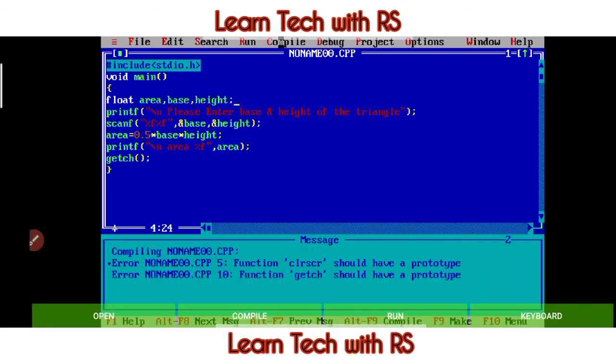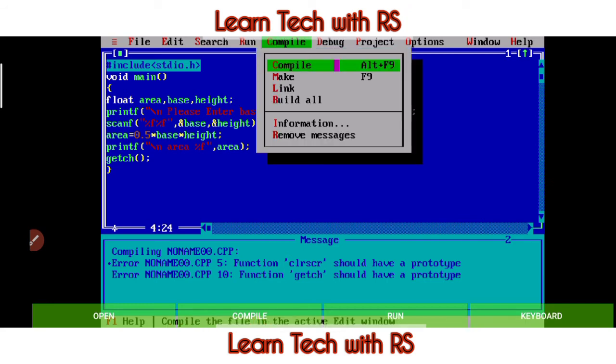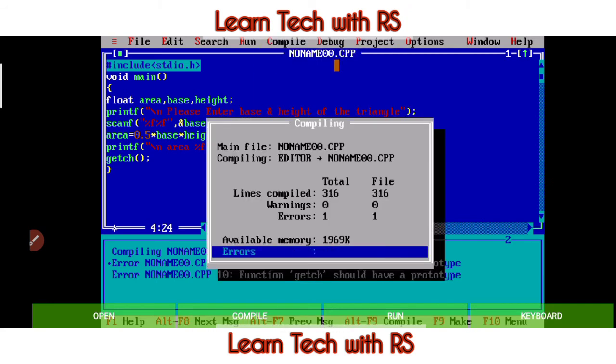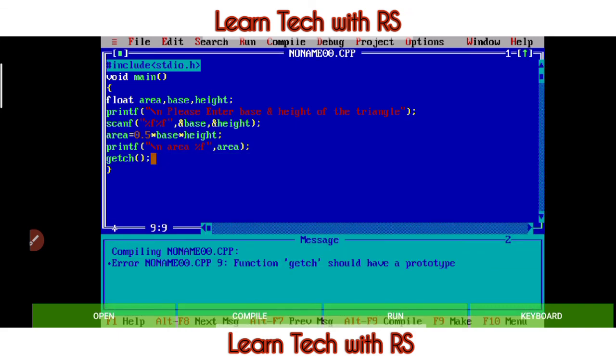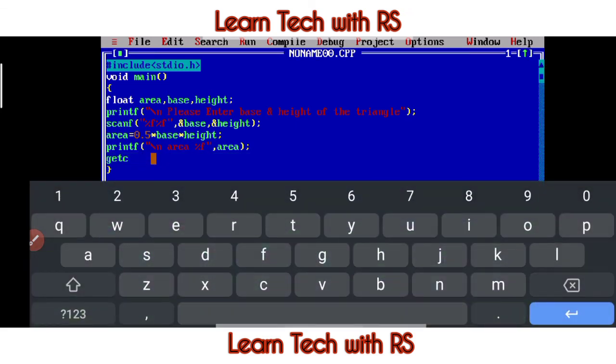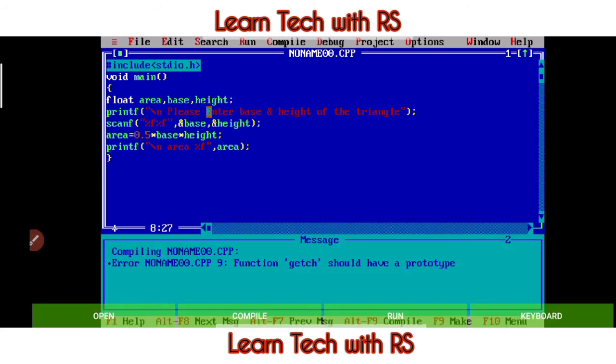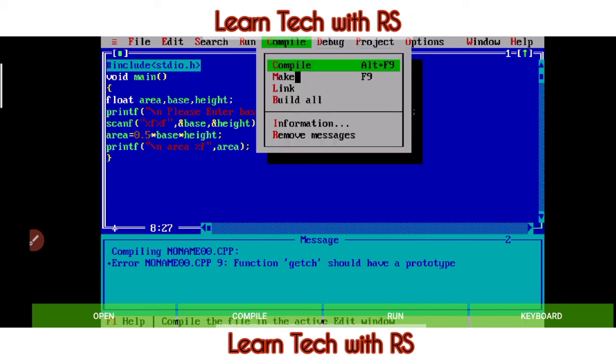now again we will click on compile, then compile, now it is saying that another getch should have some prototype, so we will also remove this getch. Since it is Android, it is working in Android, there will be some changes, so it is obvious, so you have to adjust upon that. Okay, then compile.